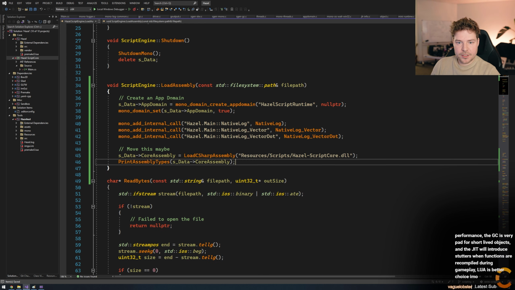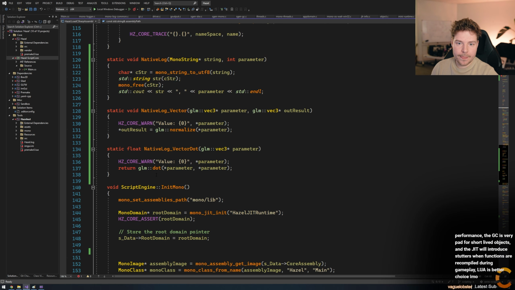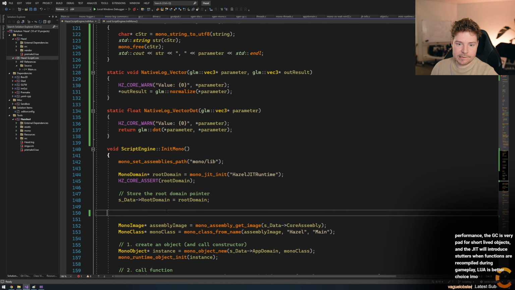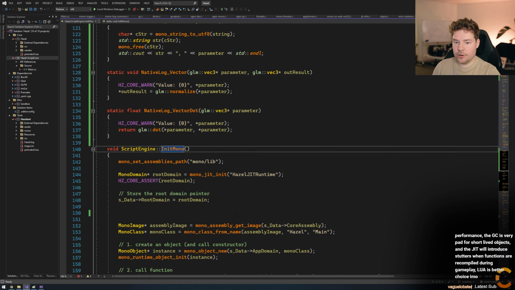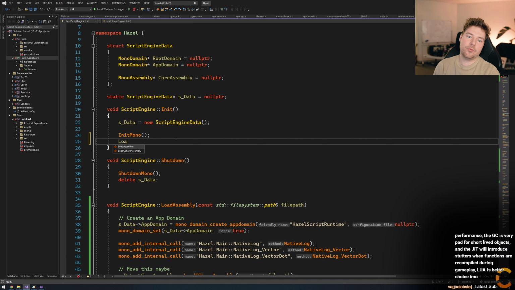We'll grab those assembly types as well, but load assembly, let's grab file path into here. We'll make that work in a minute. And in init mono, what would I have copied here? This, yeah. So when we do init mono, we'll also do load assembly.